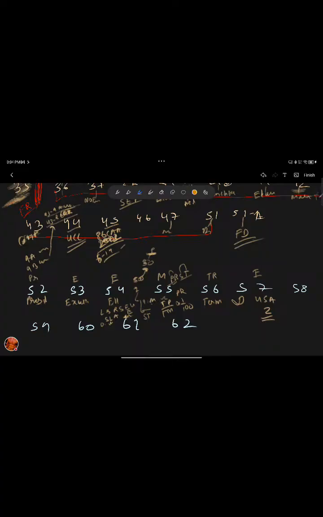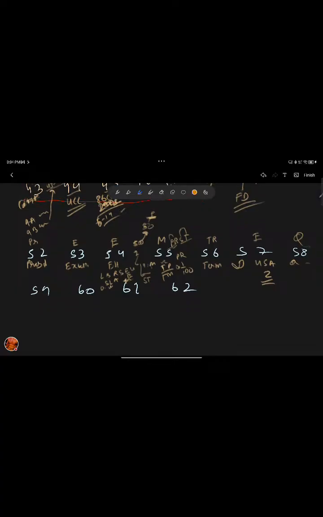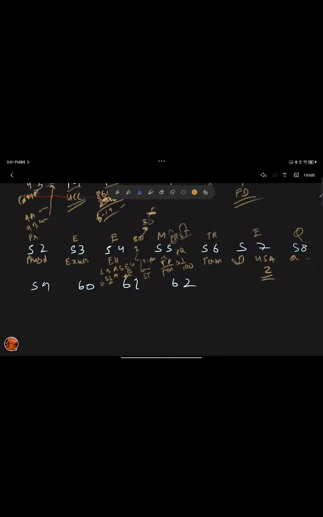Then Q is your qualification for president. He should be a citizen of India, should not hold any post of profit, and should not be a member of Lok Sabha or Rajya Sabha. So TREQ. Then C, which I always forget too, is the conditions for holding the office of president.